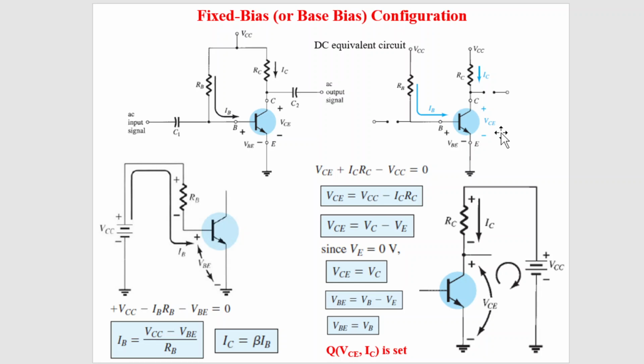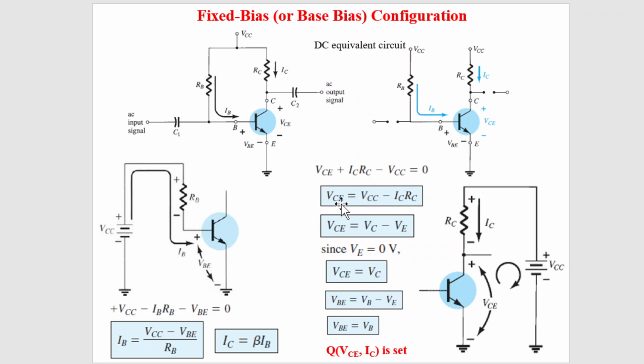So we can draw the equivalent circuit diagram. It will look like this. This is the emitter, which is grounded, and this is the negative terminal of VCC, also grounded, and this is going through the collector resistance, making a closed loop. Now if you apply Kirchhoff voltage law in the collector emitter loop, that is plus ICRC plus VCE minus VCC equal to 0. Because IC and VCC are known, you can calculate VCE, the output voltage. VCE is equal to VCC minus ICRC.